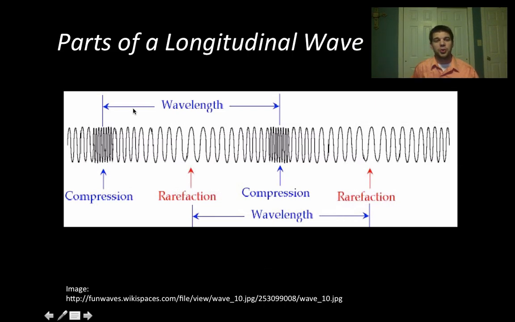So the parts of a longitudinal wave are not quite as many. We can identify a wavelength here, but it's between two parts that look the same, but they have different names this time. The parts where the particles are all bunched up together are called compressions, because we've compressed all the particles together. And the parts where the particles get stretched out from each other are called rarefactions. So anytime I go from a compression to a compression, that's a wavelength, or from a rarefaction to a rarefaction, that's another wavelength, just like in our transverse waves, just with special names for this one.